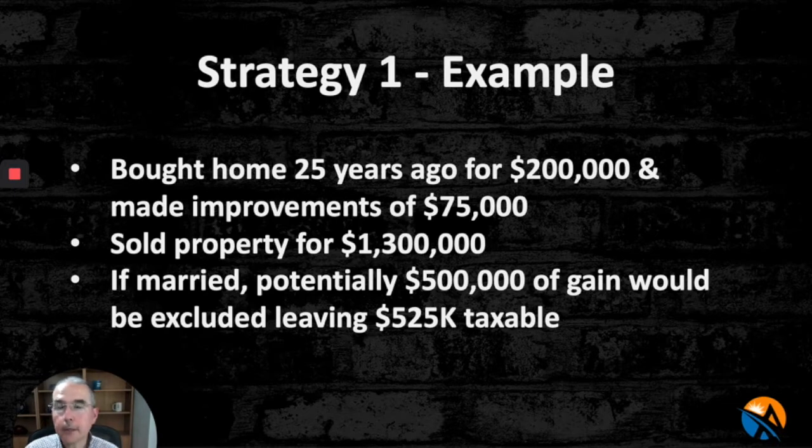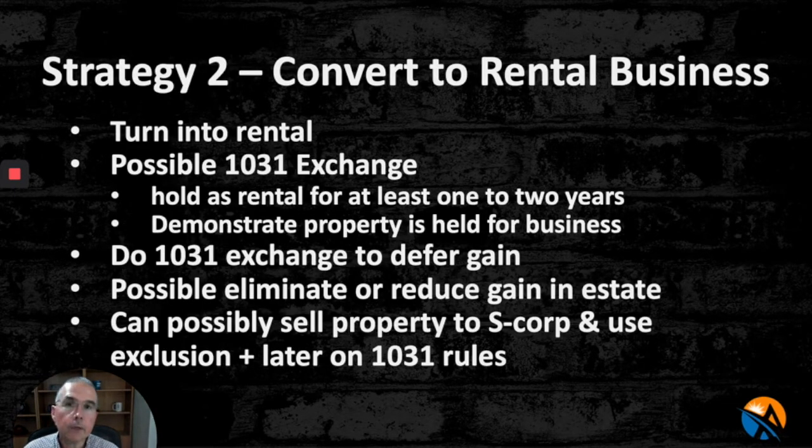So strategy number 2 is to convert that property into a rental business. You're possibly looking at buying another home and converting it into a rental business. By doing that, you enjoy the benefit of the rental income, and you also defer that gain until you actually sell it. In order to qualify for this, you would have to put your home up for rental,